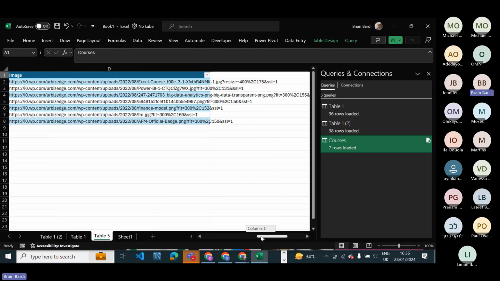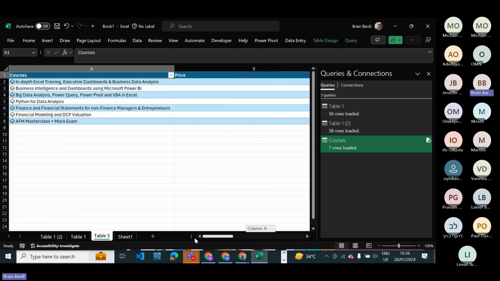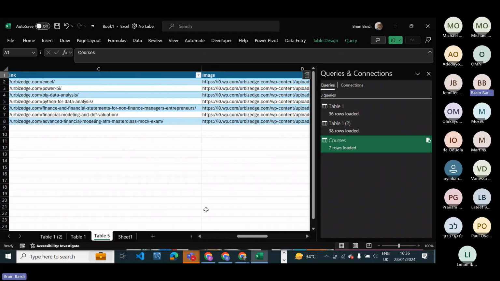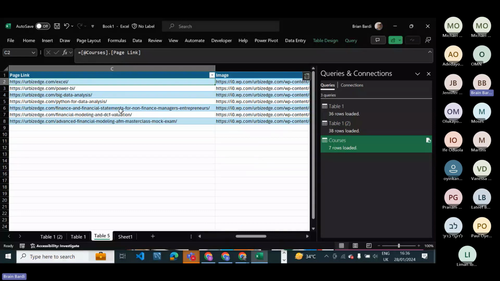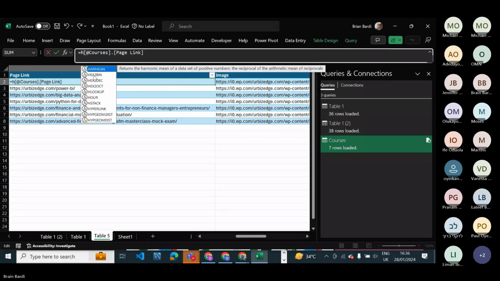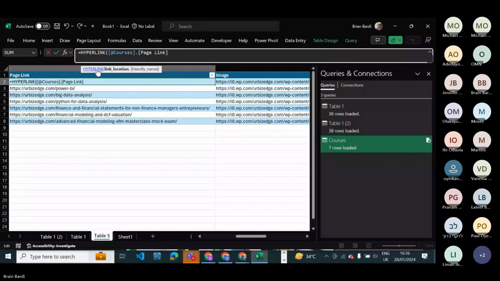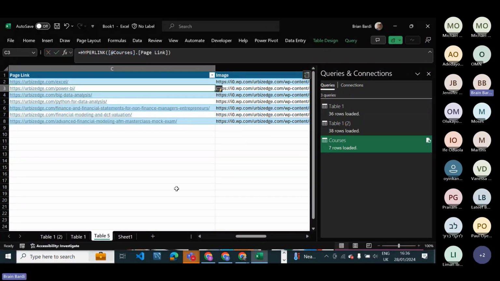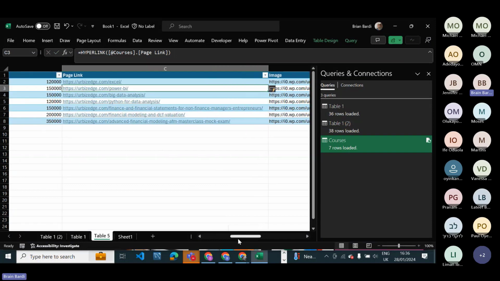You'll be wondering, this is still the same place we were before, right? But this is what we are trying to achieve. If you click on any of these, you can see the formula is courses.pagelink. This is so that we can add our own formula to bring out these particular things for us. So let's start with the page link. For this, we'll use a formula called HYPERLINK. We put the formula after the equals sign, HYPERLINK in brackets, close brackets after the statements, and hit enter. You can see it has automatically changed to a clickable link.